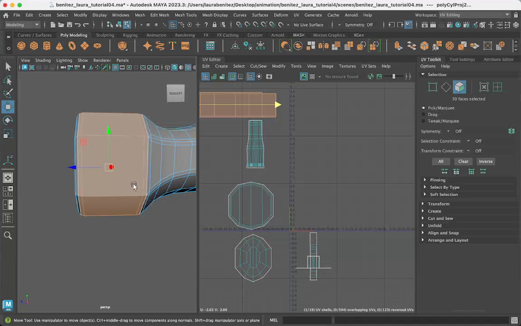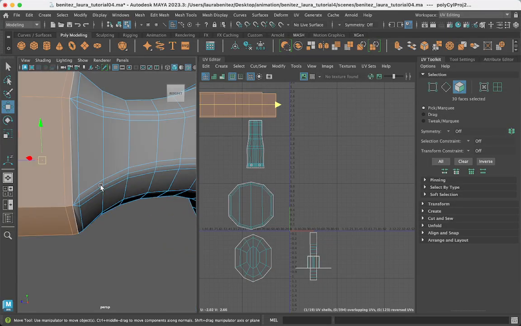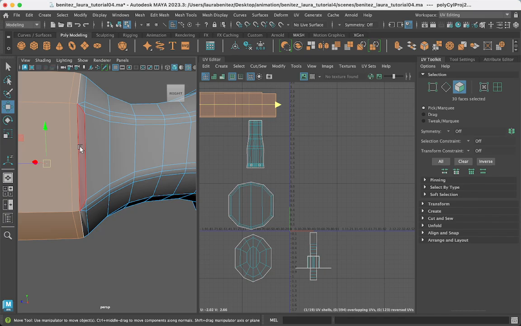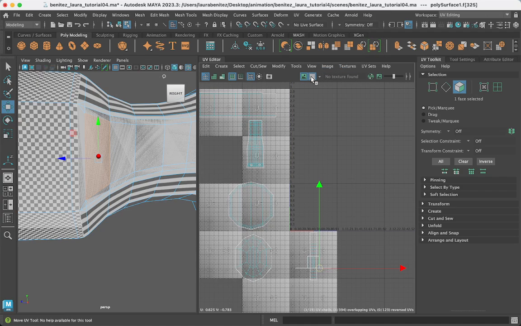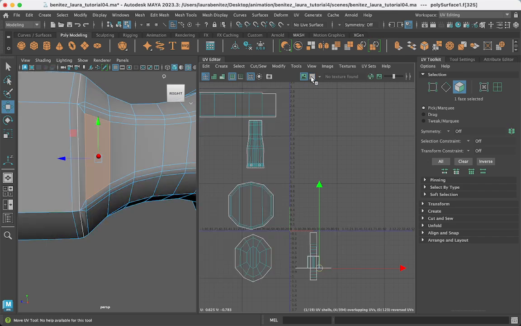And again, I'm going to start where I ended on the last shell. So I'm going to go to this face here where it's meeting up with the last shell. Because if I start here, then I'm going to leave this random gap that hasn't been unfolded. And if it's not unfolded and you color it, you're going to have globs. Some are going to look like white noise, like what we have here, right? And some are going to be really pixelated because they're not aligned with the orientation